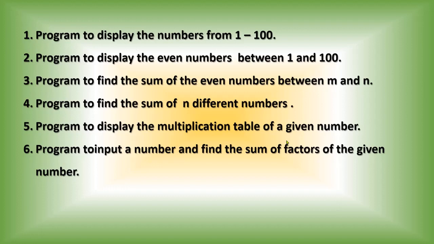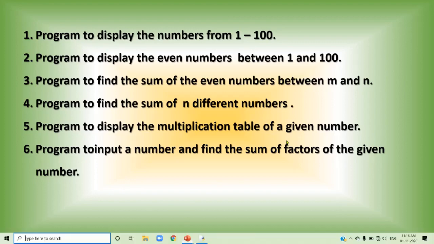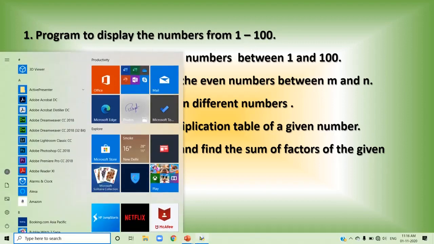Normally we say the multiplication table as 1 to 12. If you want to give it as 1 to 20, you can, no problem at all. Inside the for loop, you change the stop value. Here we want to display the multiplication table from 1 to 12. So the start value is 1 and the end value will be n, that means the number which you are accepting from the user.